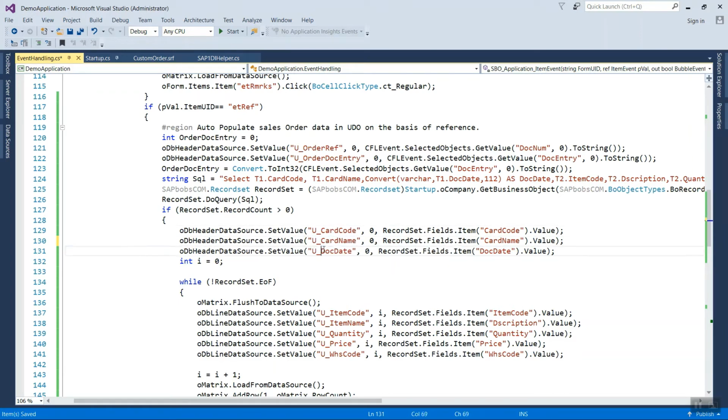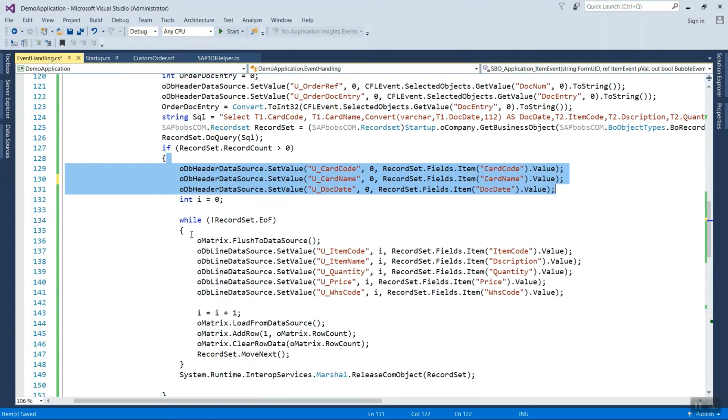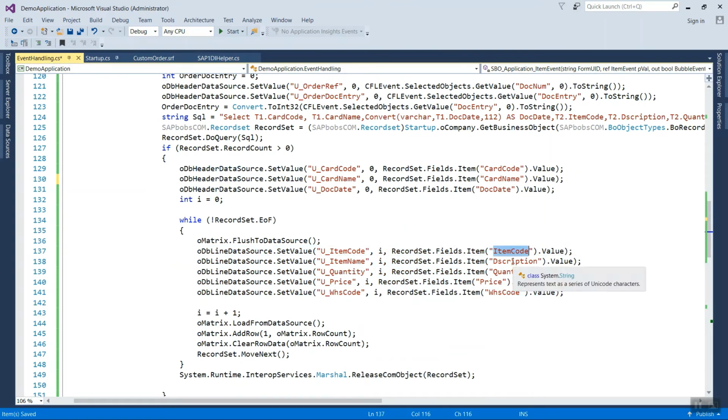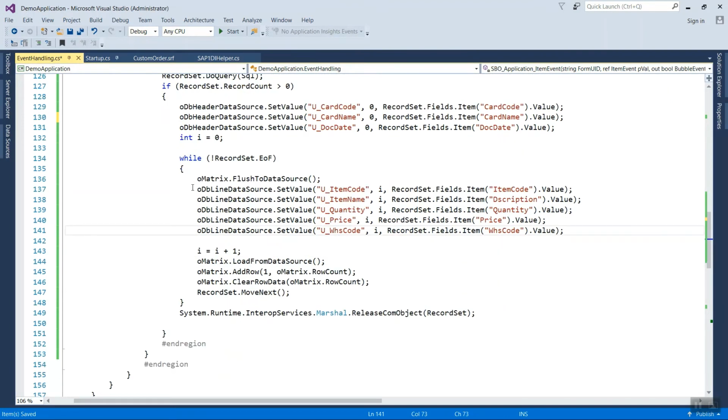You can see these are the part for the header, and after that we are iterating through a while loop to put the line data into the UDO form matrix. So you can see item code, description, quantity, price and warehouse we are putting into the respective UDO fields.